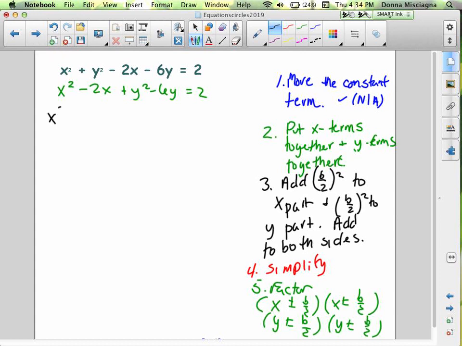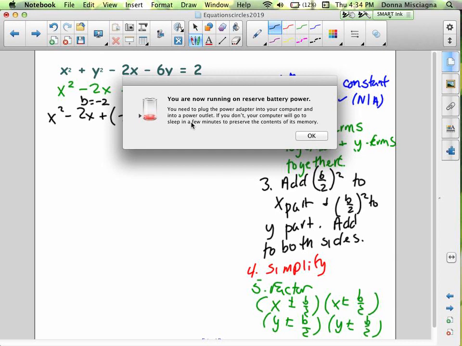So we have x squared minus 2x plus negative 2 divided by 2. That would be, because b is negative 2. So we take negative 2 divided by 2 squared, and then y squared,